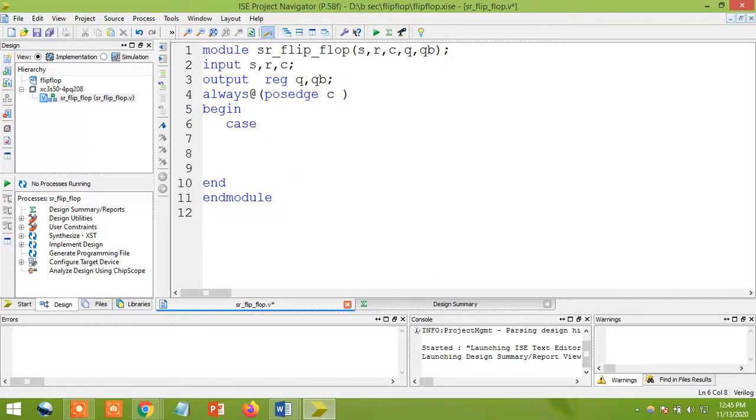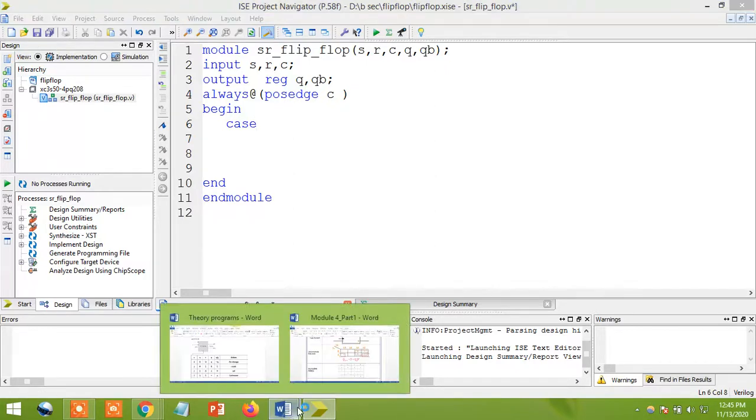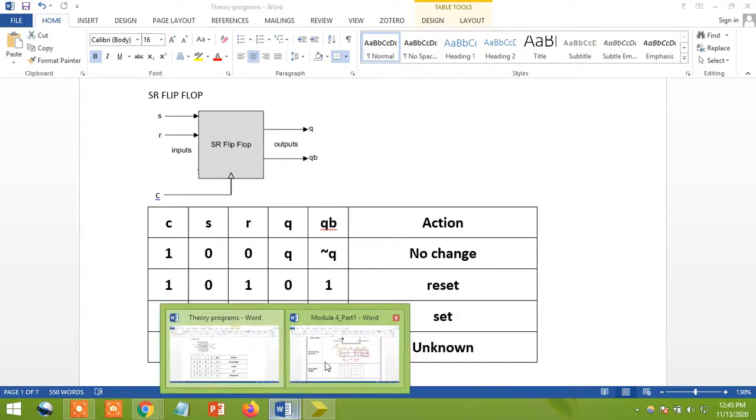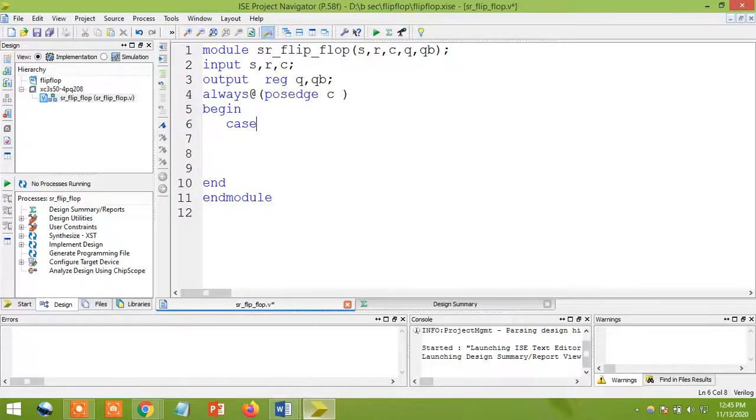So here I can consider my values. I'm going to take both the values here, not a single value. S and R values I'm going to combine. In the if else statement, you can consider S is equal to 0, comma R is equal to 0. That way you can consider, but the program is a little bit lengthy. My intention is to combine these two SR values. For that, carefully you see what I did: case, use a parenthesis. In between I'm going to use S and R, and you need to separate by comma.